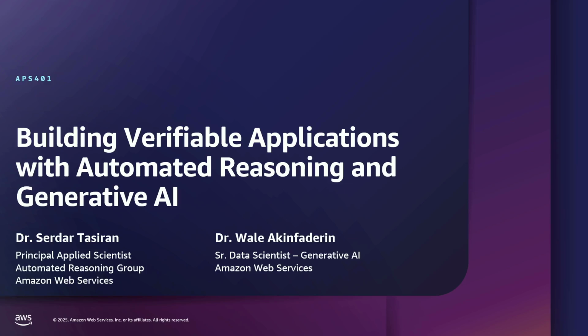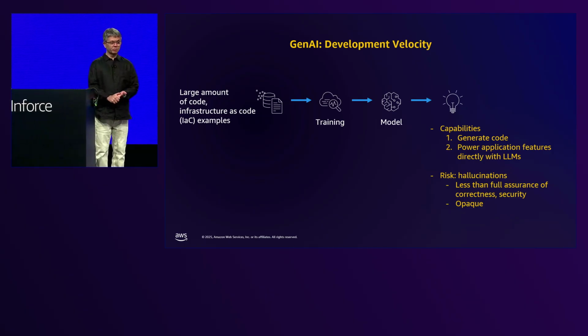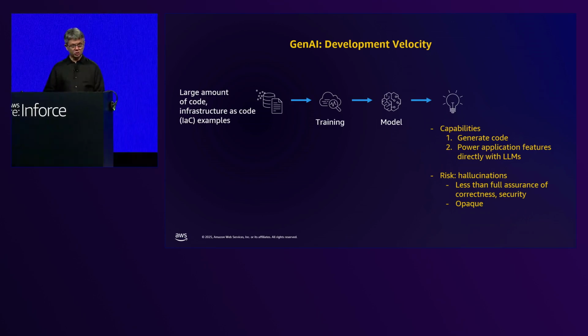So let me start by motivating why we want to use these two technologies in complementary ways. In the context of this presentation, Gen AI brings two key benefits. The first is, of course, being able to automatically generate code. Having been trained on large amounts of code and infrastructure as code, LLMs can produce code for tasks that they haven't seen before, quickly. The other capability, of course, is to power part of your application with an LLM instead